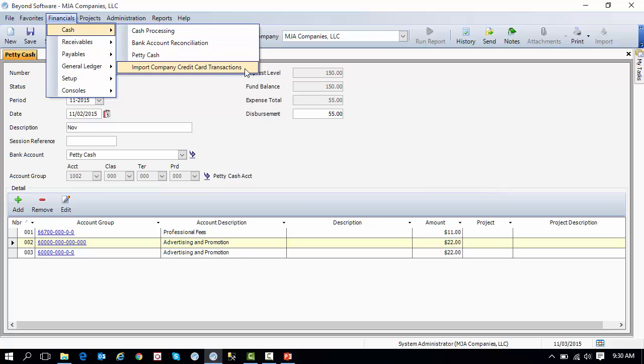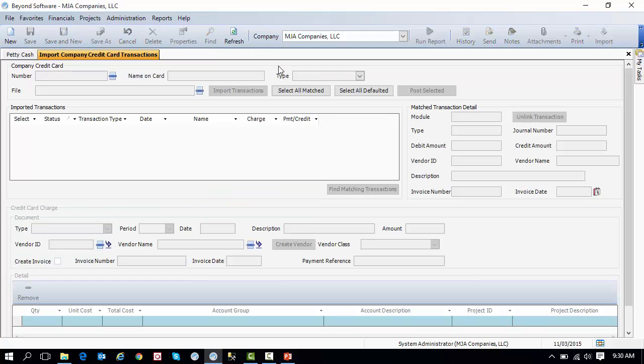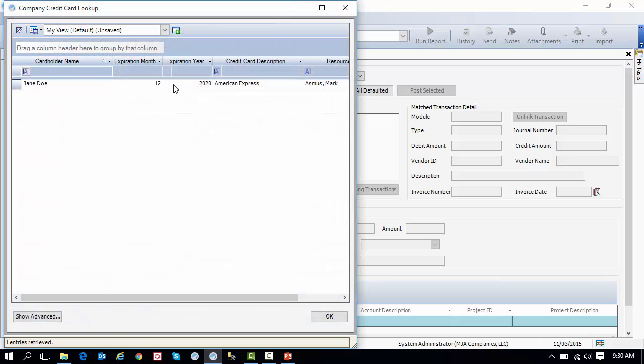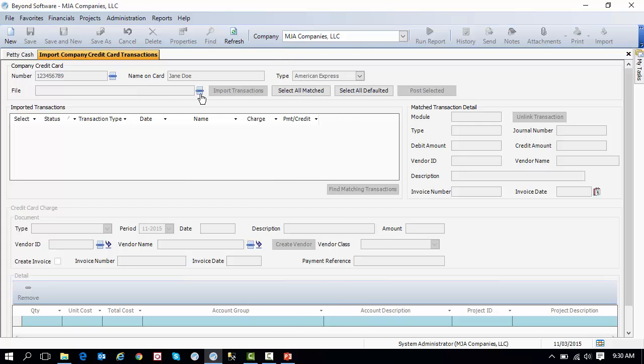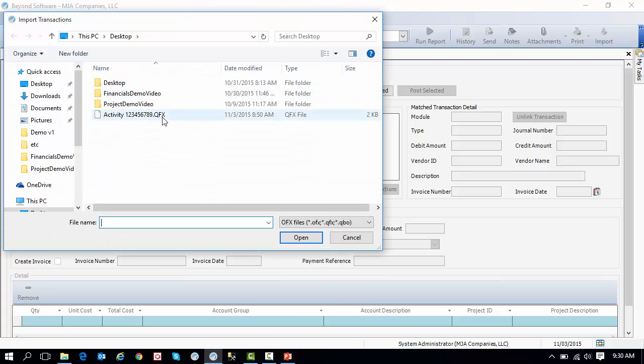Finally, there's a company credit card transaction screen. This screen allows you to import company credit card transactions from the credit card's website and then either automatically match those transactions to existing transactions in the system or spawn new transactions such as vendor invoices to account for those expenses. To see it in action, you would first select your credit card account, and then we can import our